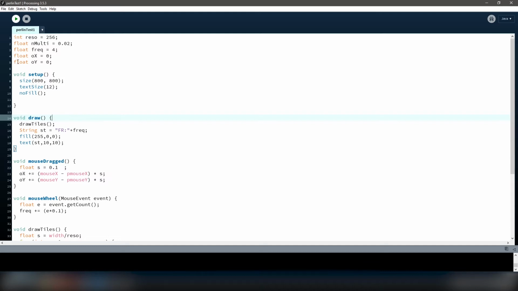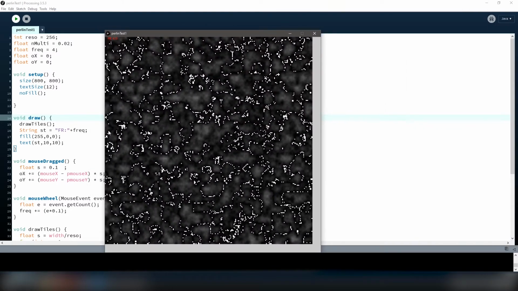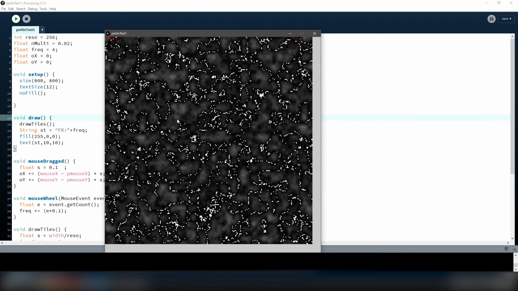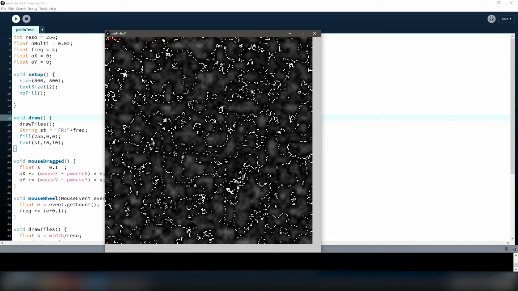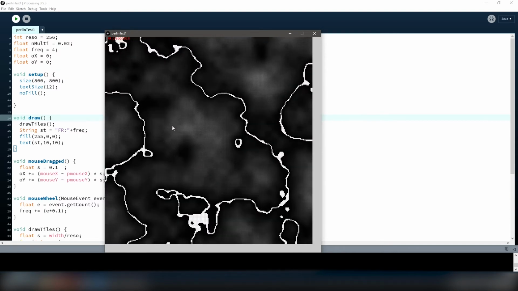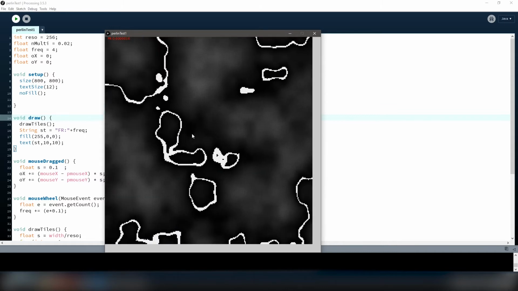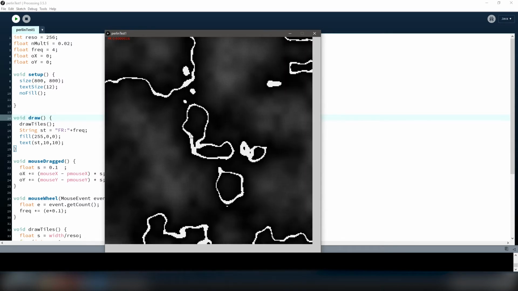Hard to describe, but let's see if this runs. So this is a Perlin noise map, a very basic system, and I can move around the map, and those white dots seem kind of random at first, but if I zoom in, they look like small rivers. The problem with this system is that it generates these kind of stupid oxbow lakes everywhere,